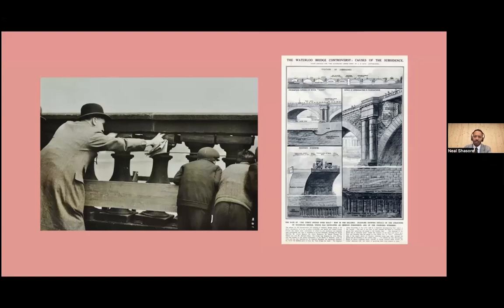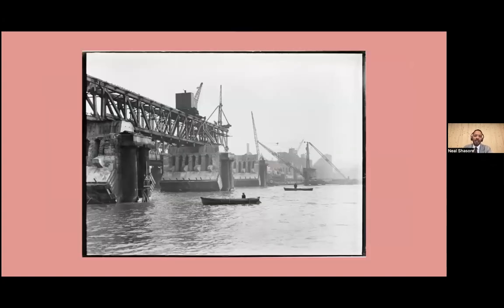You can see images of the wobbly bridge here, a man poking at the balustrading, the causes of subsidence. Another article from the Illustrated London News on the right. These incredible images from Historic England's archive of the slow unbuilding of Waterloo Bridge, block by block, brick by brick,